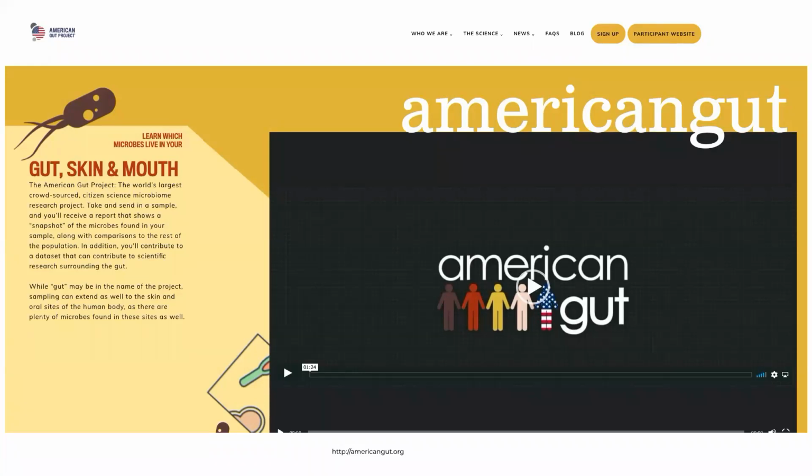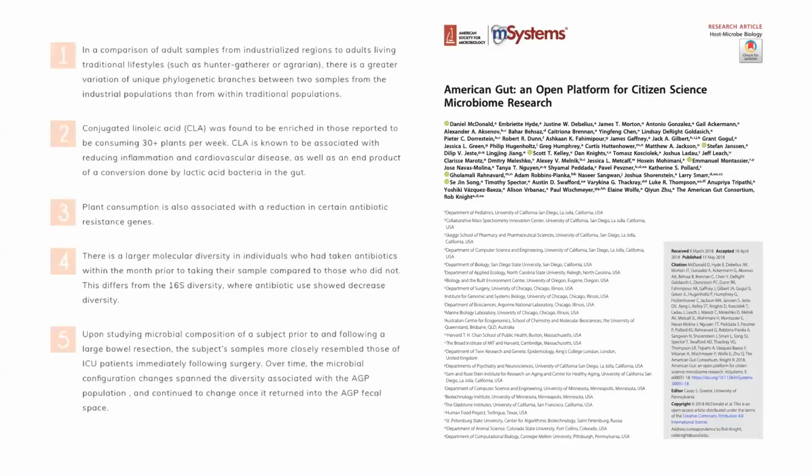As you remember, over 25,000 people have submitted their samples, and there's a lot of phenotypic information that we reviewed last time about these different participants. We also saw some of the important findings from the analysis that people have done on this complete data set. And those have been published.